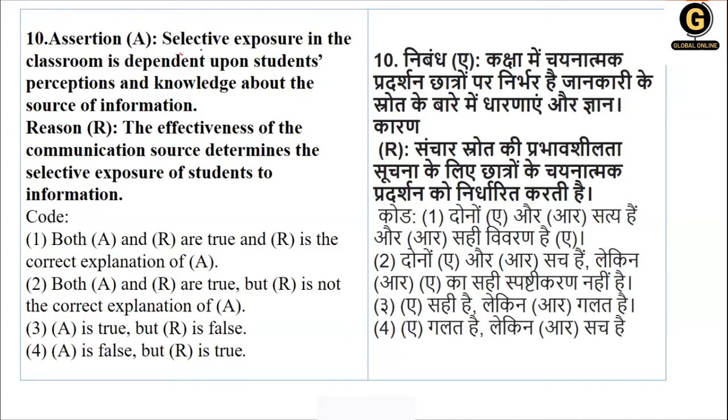So selective exposure, that is, if we listen to someone's communication, like a teacher, here between student and teacher, what does it depend on? Students' perception and knowledge about the source, that is, which type of information has to be perceived and in what way. So yes, it is dependent on the student only, because the effectiveness of this source determines the selective exposure of the students. So yes, both A and R are true, and R is the correct explanation